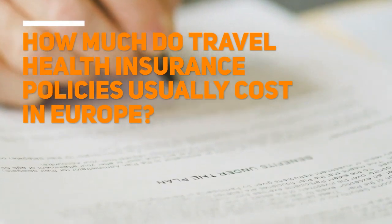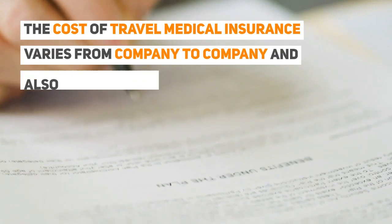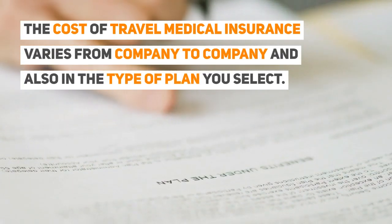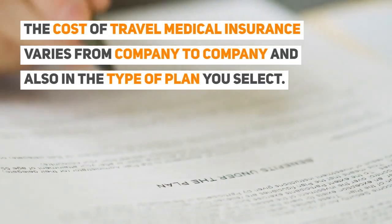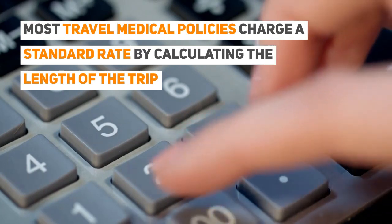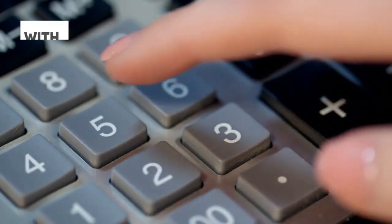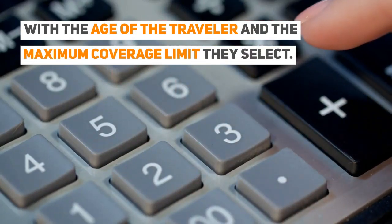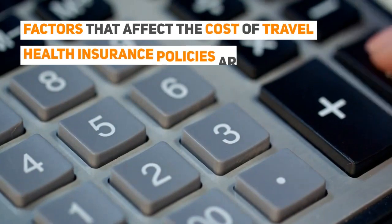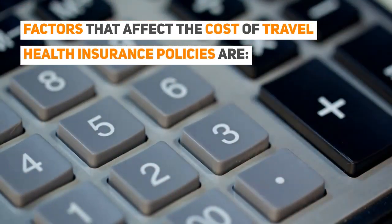How much do travel health insurance policies usually cost in Europe? The cost of travel medical insurance varies from company to company, and also in the type of plan you select. Most travel medical policies charge a standard rate by calculating the length of the trip, with the age of the traveler, and the maximum coverage limit they select. Factors that affect the cost of travel health insurance policies are